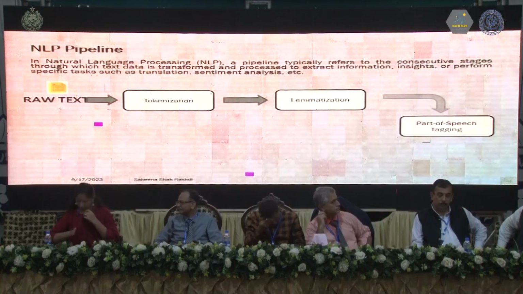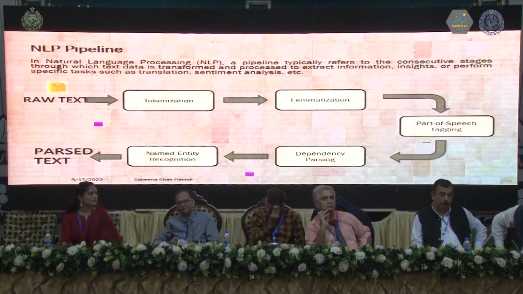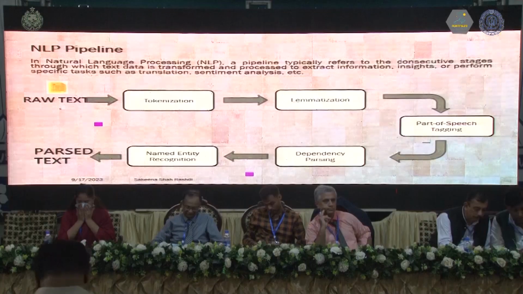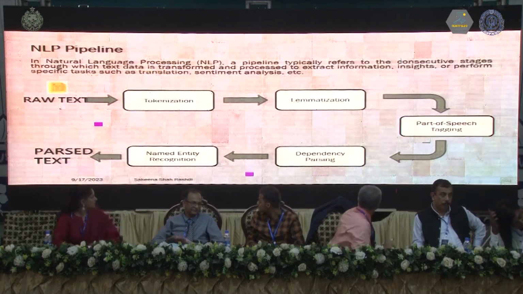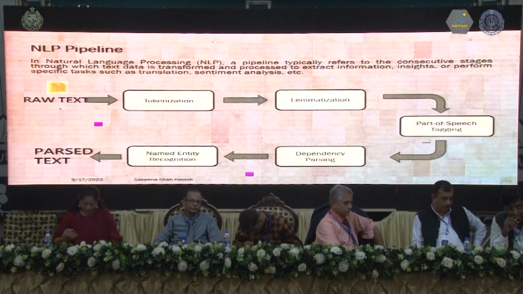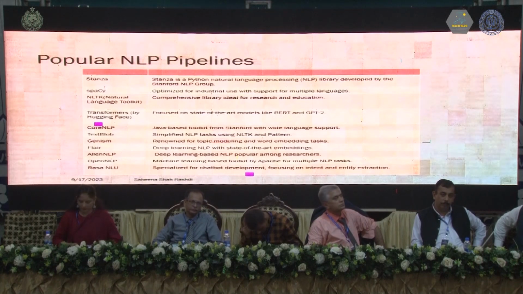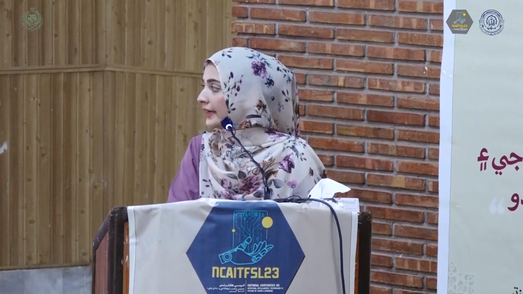The NLP pipeline is a series of steps and stages that are applied to text data to extract useful information and to perform specific tasks related to NLP. Some of the typical stages are shown in this picture. From the beginning, we have raw text. The raw text is given as input to the first model, tokenization. Tokenization will perform some algorithmic calculation. Then the output of the tokenization model is given as input to the next model. And this chain goes on till we get a file that is understandable by the machine. This is how the NLP pipeline works. And we can also customize the pipeline according to our needs. Some of the popular NLP pipelines are Stanza, spaCy, NLTK, Transformers, CoreNLP, TextBlob, Gensim, Flair, OpenNLP,